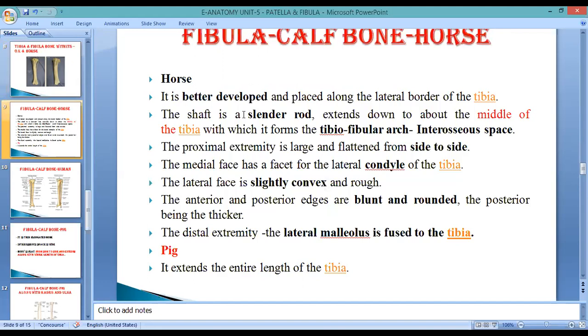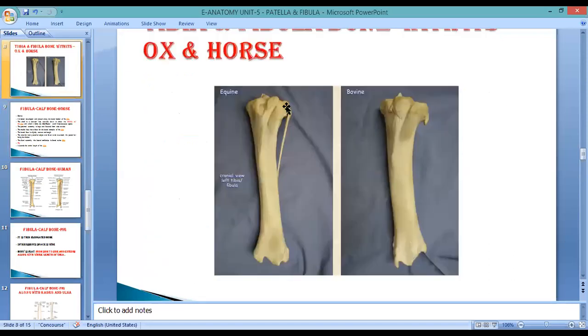If anybody asks what you mean by the fibula of the horse, you can explain in 2-3 lines. This is a well developed bone in comparison to the ox. The sentence should be in comparison to the ox, because it is not fully well developed, like the pig, which we have already seen. It is better developed in comparison to the ox, located on the lateral aspect of the tibia, and for description contains two extremities and a shaft. The proximal extremity has a head which comes in contact with the lateral condyle of the tibia, and the distal extremity generally reaches up to the middle or distal two-thirds of the tibia bone.